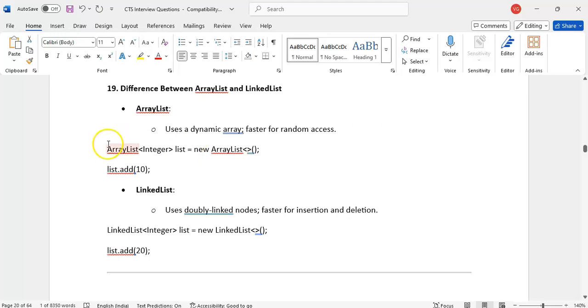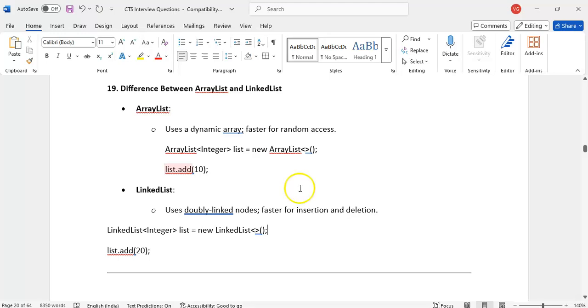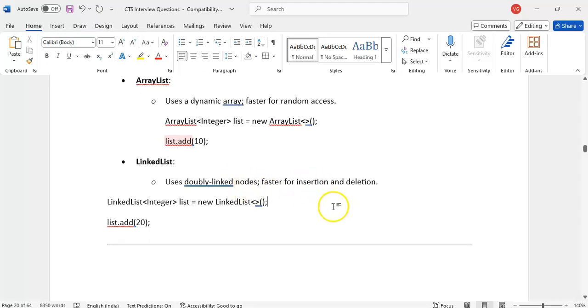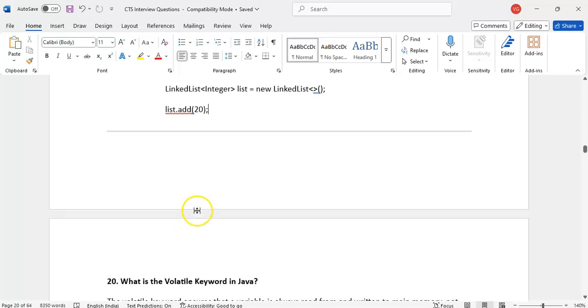Because ArrayList uses a dynamic array, we can access elements quickly. LinkedList uses a doubly linked list, which is faster for insertion and deletion. Search is very slow in LinkedList, but for access ArrayList is better. LinkedList is faster for insertion and deletion.